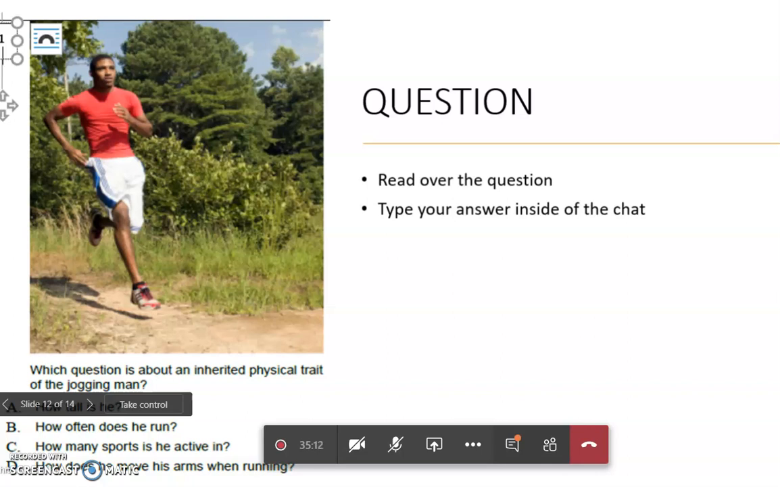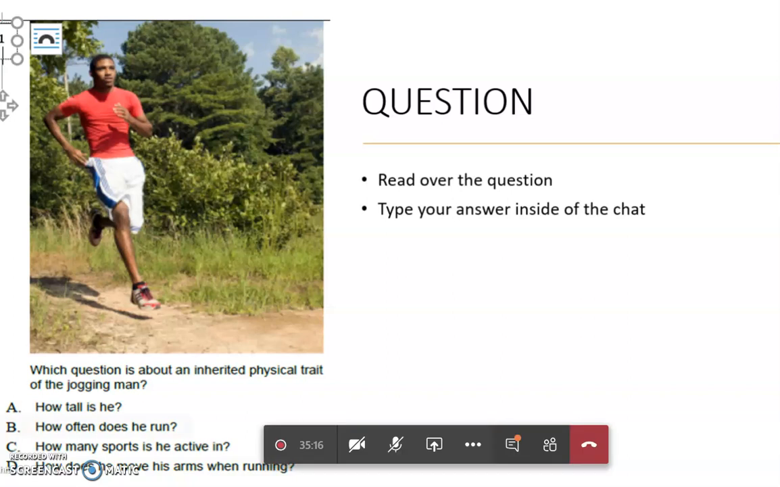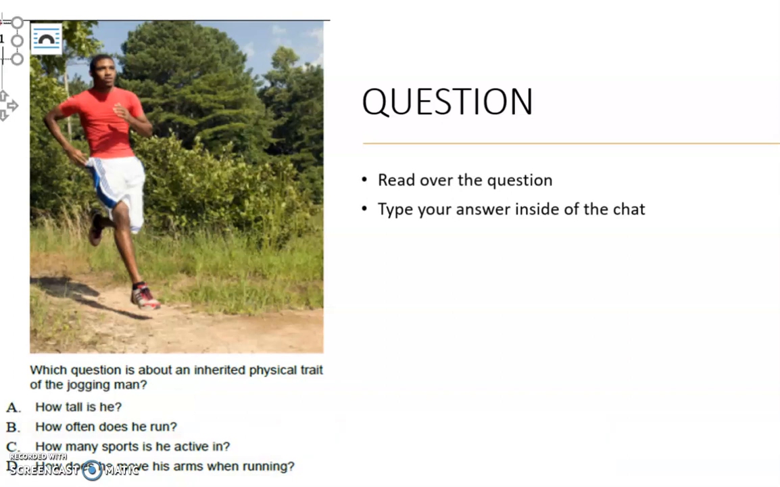You're going to select what you believe is the best answer and put that letter inside of the chat. You do not have to type out the whole sentence. You can inherit from your mom or your dad their size or how tall they are. Okay. Let's see the only one that chose a different answer than A. That's why I was calling on you. Okay. The correct